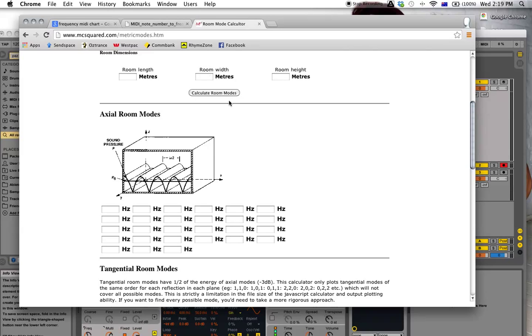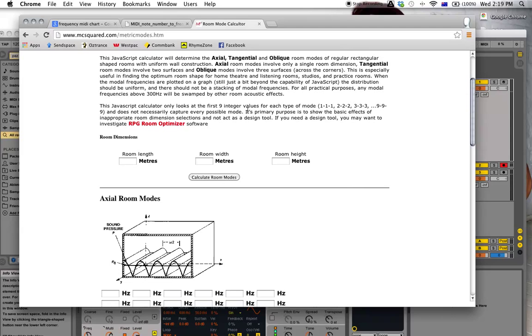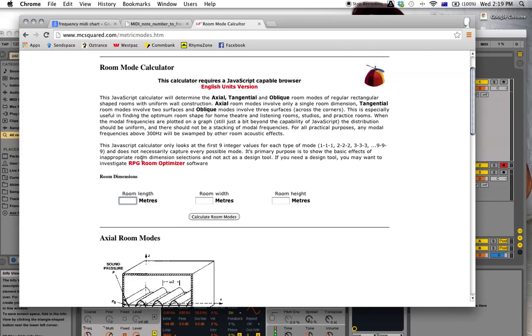But you can read more about that. I probably didn't explain that great, but there's a lot of stuff on the web about that. So let's just punch in the figures for my room. What you're looking at here is just the measurements of your room. It's pretty simple. I measured my room before, so I know that the wall lengths are